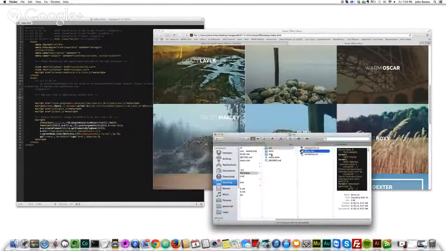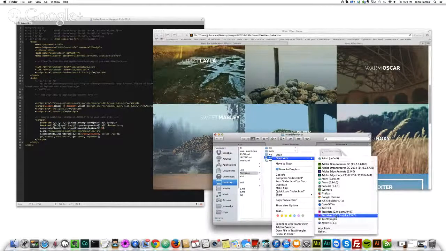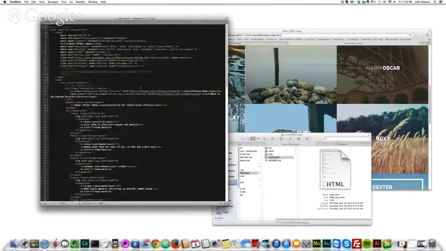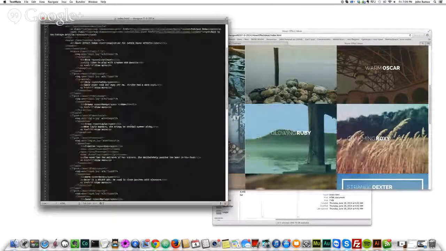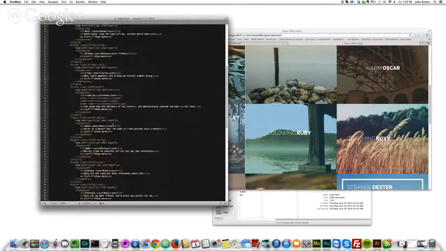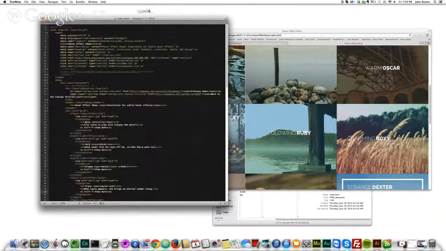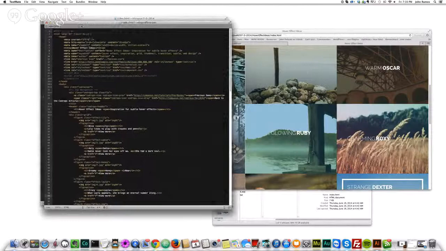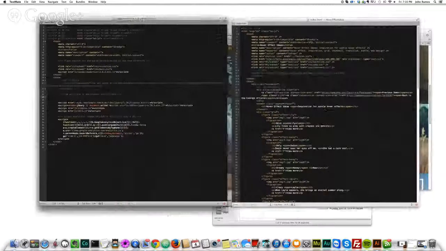So now what I want to do is check out the index HTML. So I'm going to open the index HTML. And this is the HTML for these effects. The only effect that I'm concerned with is the crazy Layla, this effect right here, effect Layla. So that's that. So I'm actually going to have two windows here. Over here on the right, I have my hover effect ideas. Over here on the left, I have my boilerplate